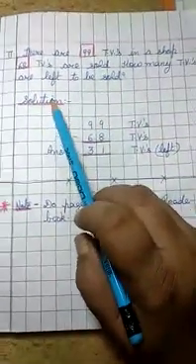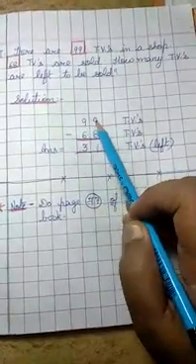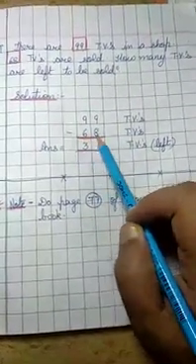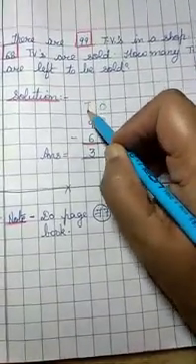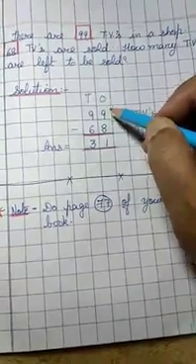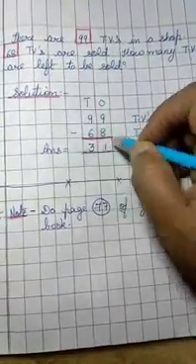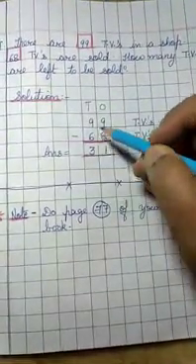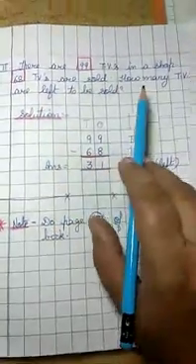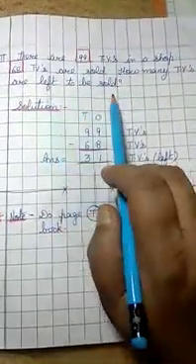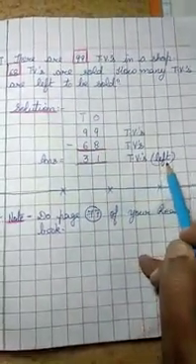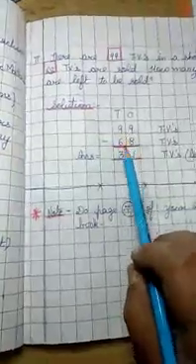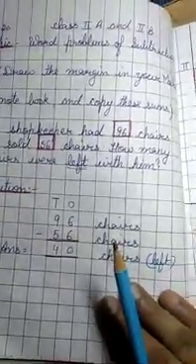So the solution to this sum goes like this. 99 TVs minus 68 TVs. So this is again the ones column and this is the tens column. When you minus the ones column, 9 minus 8 will give you 1. And 9 minus 6 will give you 3. So the answer to this question, how many TVs are left to be sold, is 31 TVs are left to be sold. So these are the two sums which you have to copy in your Maths 1 CW notebook.